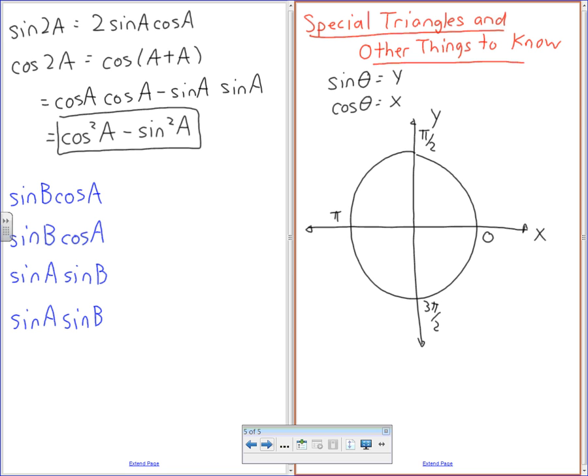So this is the point right here. This is 1 comma 0. This is 0 comma 1. This is -1 comma 0, and this is 0 comma -1. Those are the 4 coordinate points going around the circle. So at 0 degrees, you just proved on the last board that sine of theta was equal to the y coordinate, right? So all we're saying is at the bottom is 0, 1, because